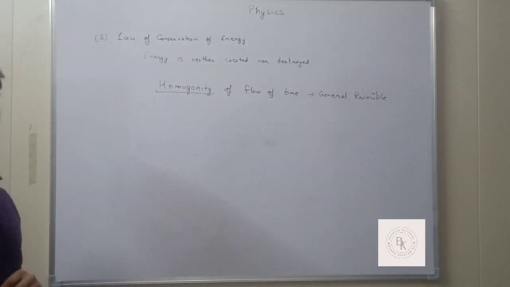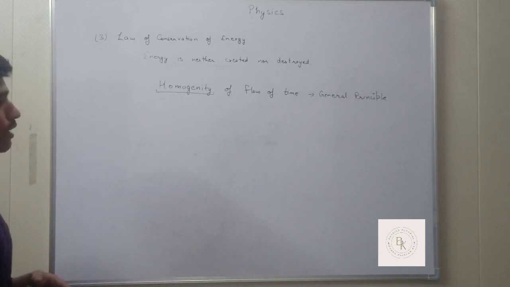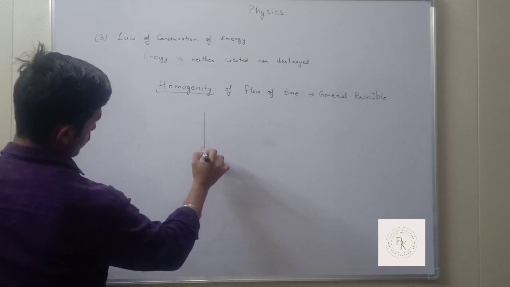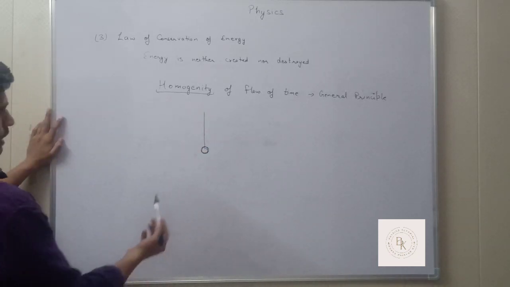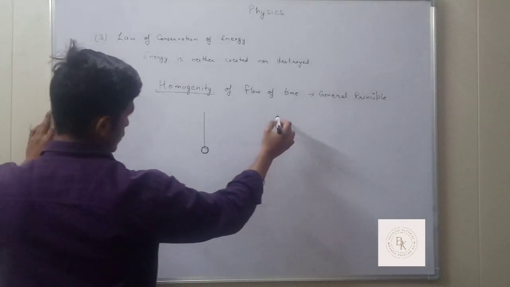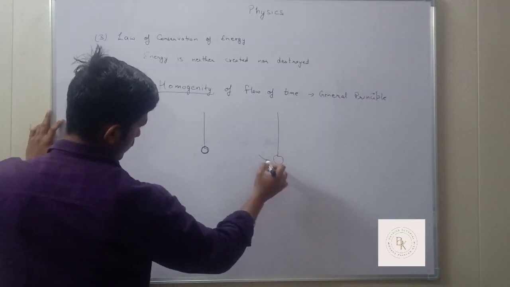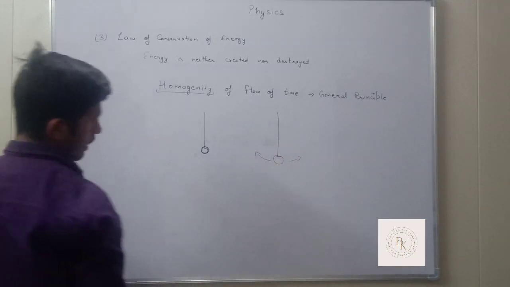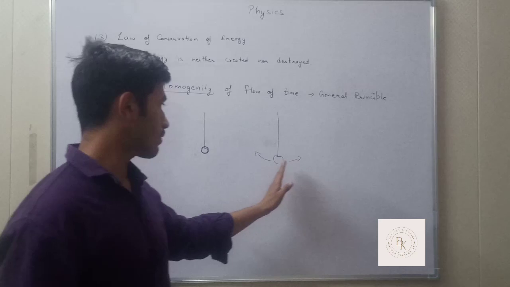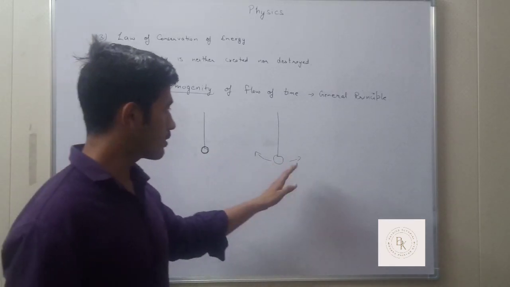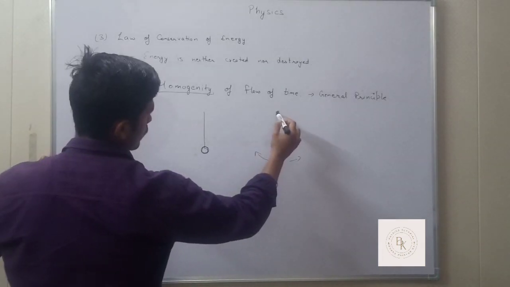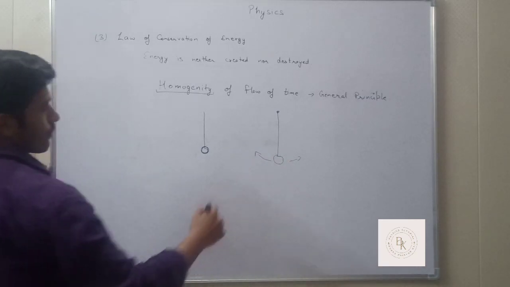Then you probably question me and ask, how can you prove it? Prove it, please. So I will take an example of a pendulum. The pendulum is hanging and not moving. It is in the state of rest. But when the same pendulum moves in a to and fro motion, to and fro motion means one second it is on the left, the other second it is on the right.